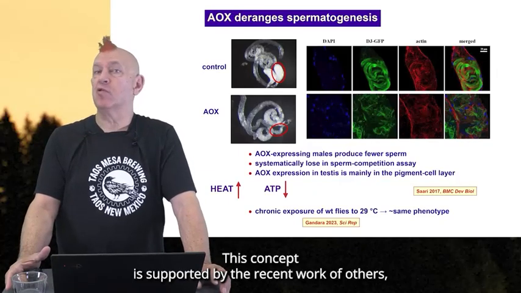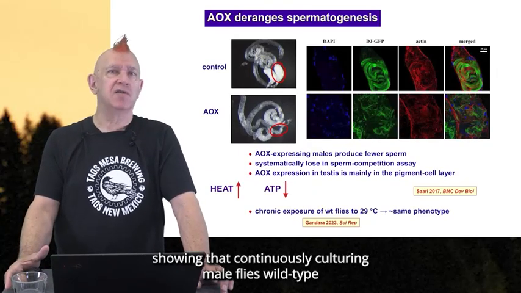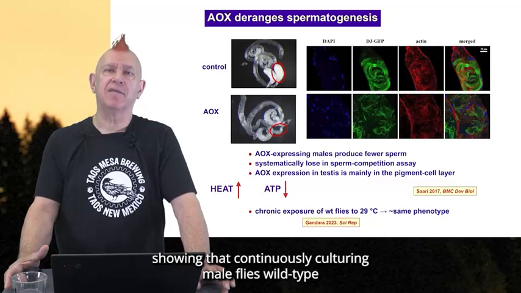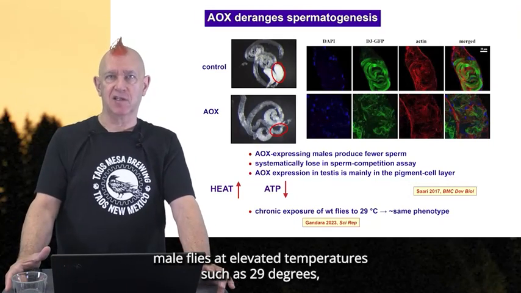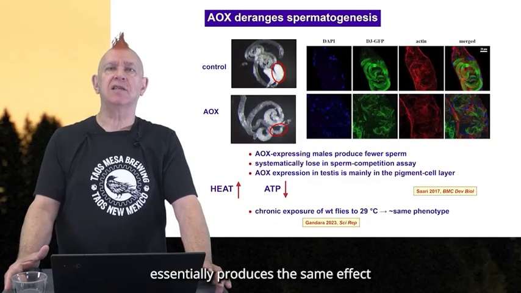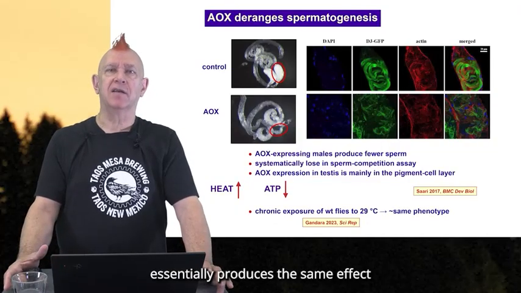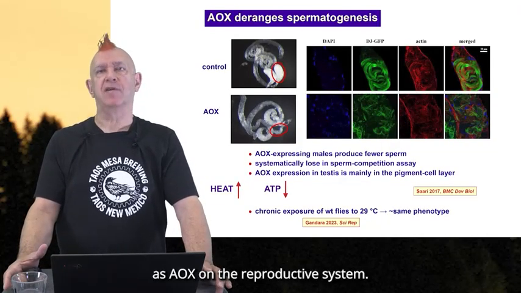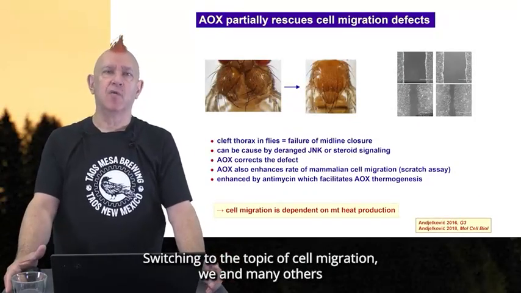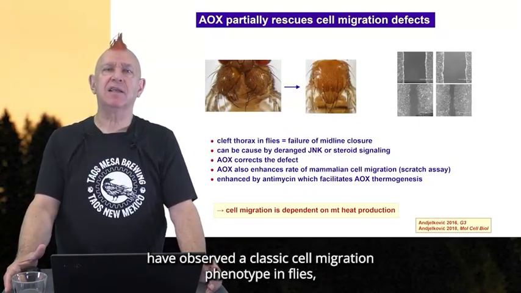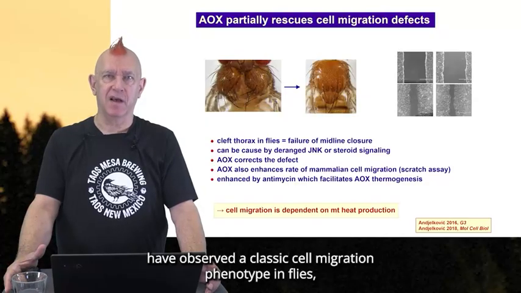This concept is supported by the recent work of others, showing that continuously culturing male flies, wild-type male flies, at elevated temperatures, such as 29 degrees, essentially produces the same effect as AOX on the reproductive system. Switching to the topic of cell migration, we and many others have observed a classic cell migration phenotype in flies,